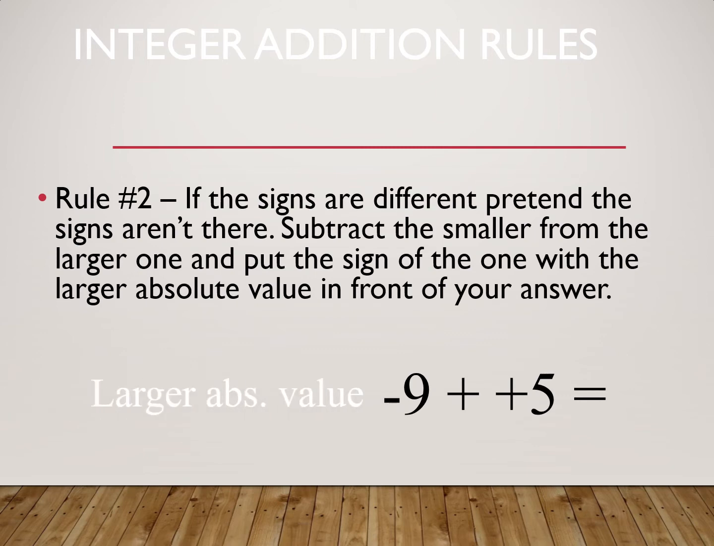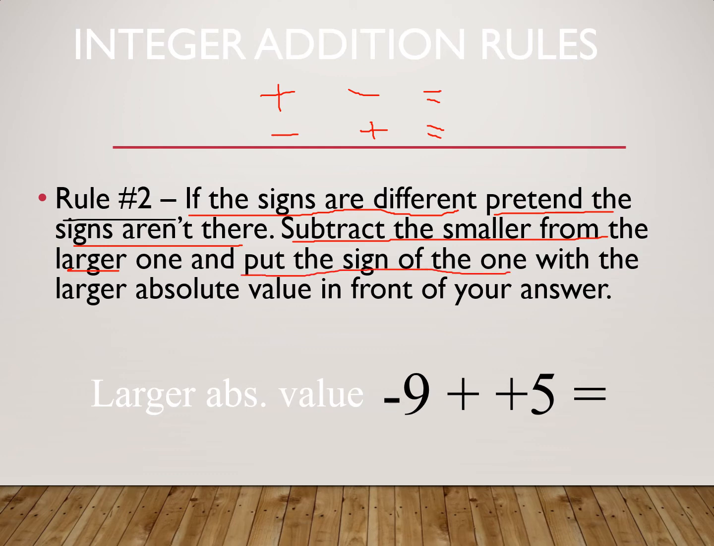Now rule number 2. It says if the signs are different, that is, if the numbers have different signs, like first positive, second negative, or first negative number, second positive number, what to do in such cases? What you do is again pretend the signs are not there. First of all, you again forget the sign. Then subtract the smaller from the larger one. Whatever numbers you have, just subtract the smaller one from the larger one